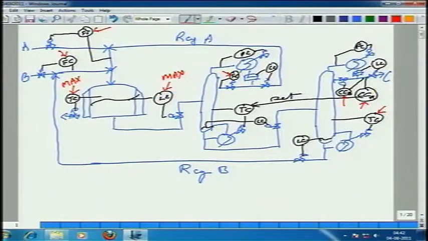First of all, we can look on the economics. Okay, when you look at the economics, what will govern that? Whether you should have, what should be the principal impurity in the product? You got 0.1%. It could be mostly A and a little bit B, it could be mostly B and a little bit A, or it could be 50-50. What will govern that? And I am asking you as an engineer.